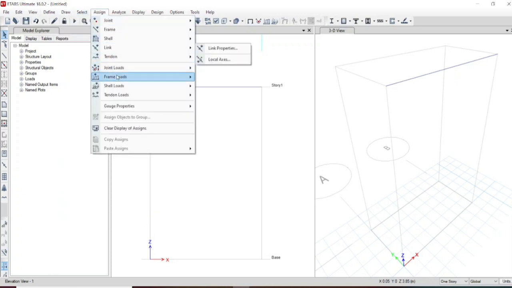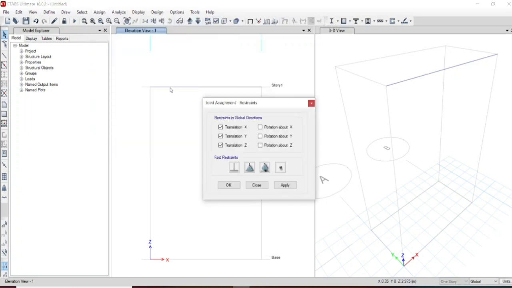Let us assign the joint here, and since this is the cantilever beam, let us apply one end fixed and the other end free. Yes, this end is fixed, and let us make the opposite end free, so there is no support here.